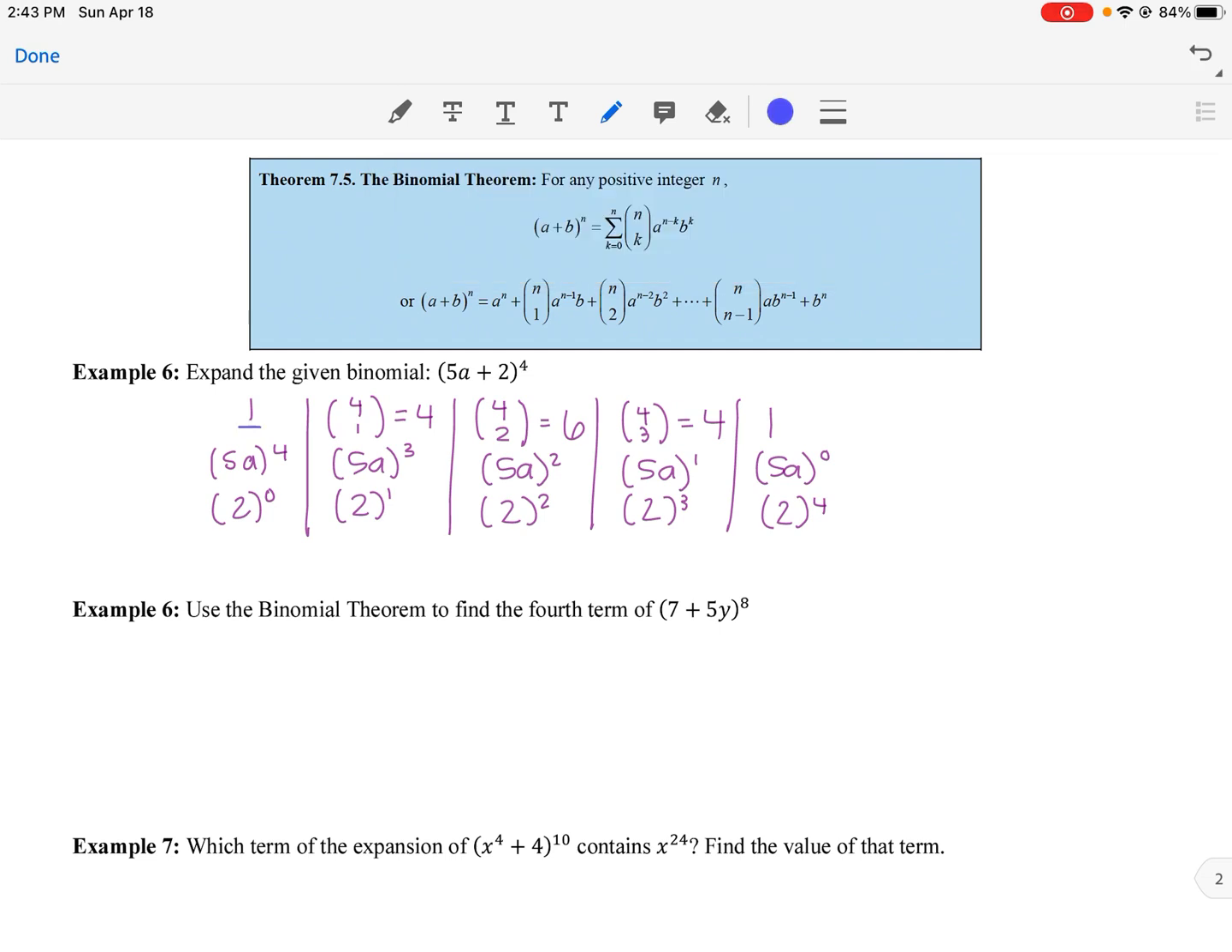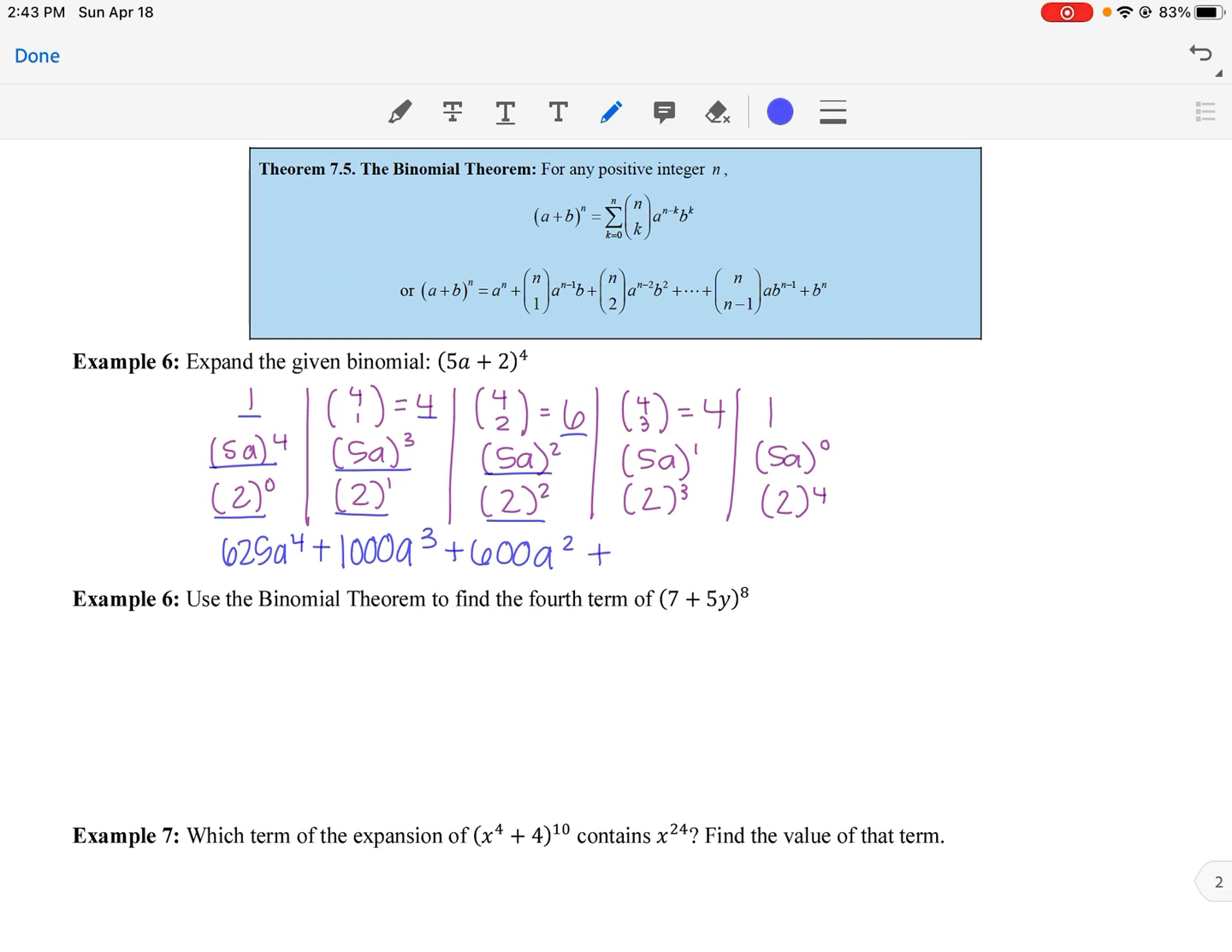So 1 times 5 to the 4th times 2 to the 0, that's just 1. So we get basically 5 to the 4th, we get 625a to the 4th. Plus 4 times 5a cubed times 2, we get 1,000a cubed. Plus 6 times 5a squared times 2 squared, is 600a squared. Plus 4 times 5a times 2 cubed is 160a. Plus 1, 5a to the 0 is 1, so 2 to the